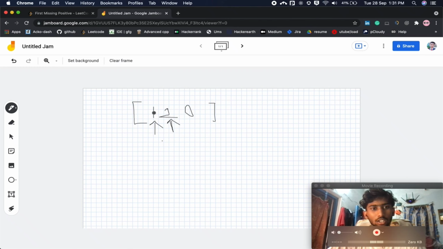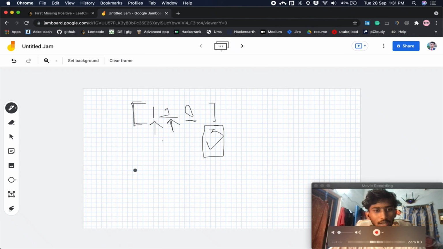If we search for a 1, it is present. If we search for a 2, it is also present. Then our loop gets terminated. And in the last, the third index is missing here, that is 3, because it doesn't match the size of the array. We only checked 2 elements, so 3 is our answer here.